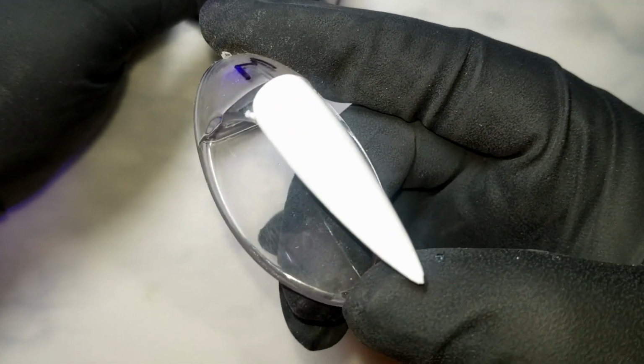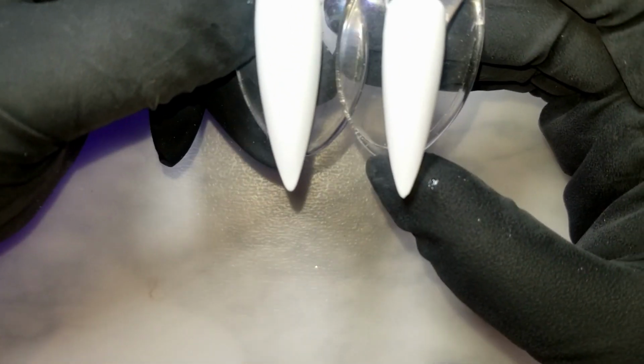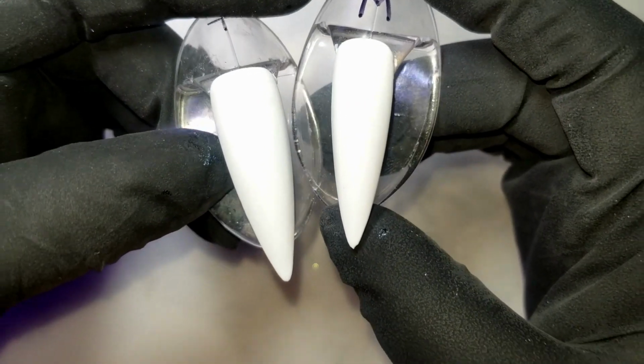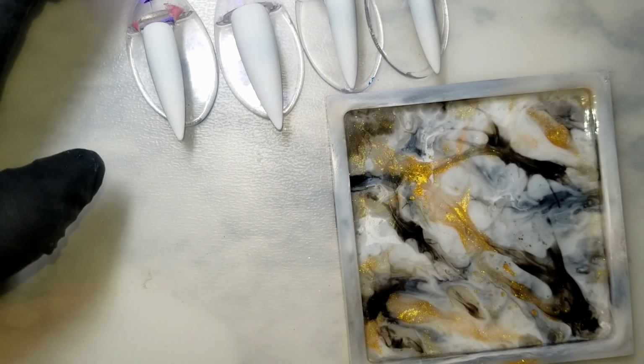So just to show you guys, this is what the nail looked like before we put it in, and here's what it looks like after. I don't know if you guys can tell, but the one on the left here is matte. Okay, so now that the nails have fully cured for the 60 seconds and they're nice and matte,